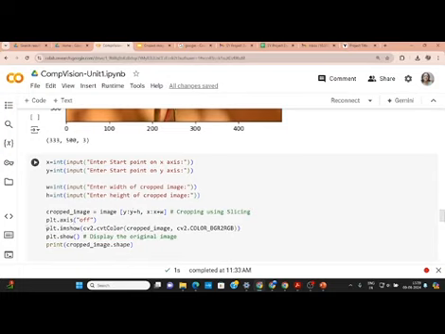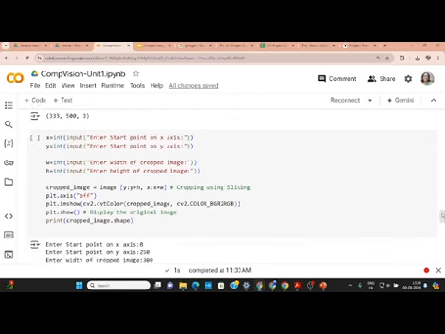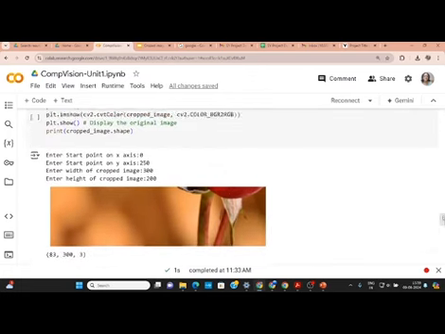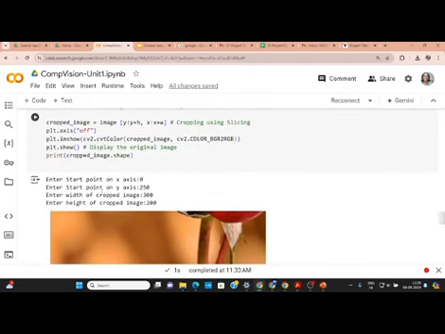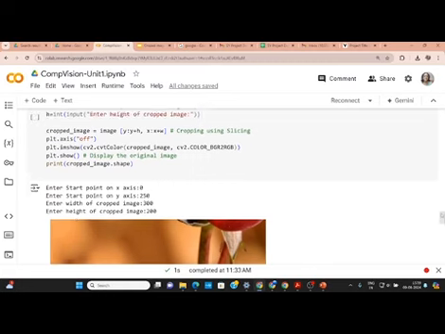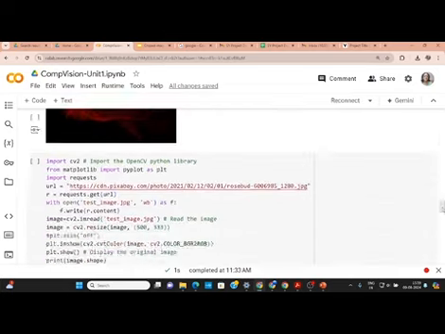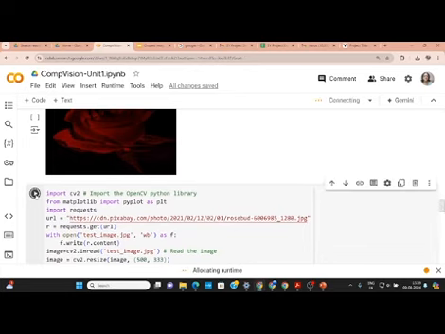So crop using the slicing and then plot this, right? And then you show that image, converting it from the BGR to the RGB channel, or RGB model. So here you can display. It will initially ask you to enter your start point of the x-axis and y-axis, and your cropped image as 300 for the width and 200 for the height. So if you try again to execute the same thing, you can execute it. Once you access this image and it is shown,